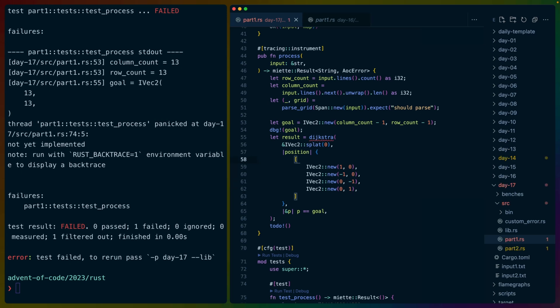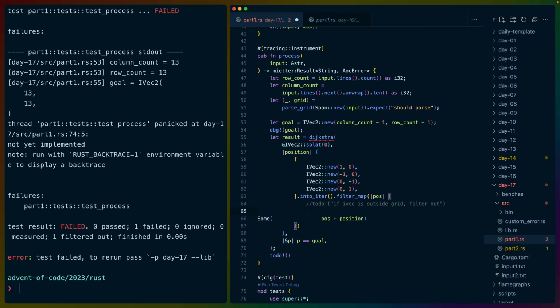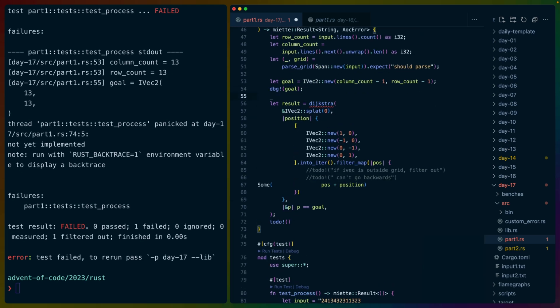So we need each of these positions. If we iterate over these and map, we get a position. We do position plus position. I guess we could do an early filter map here if this doesn't exist, right? So we get this new ivec and we do, if ivec is outside grid, filter out because we can't go in that direction. And then we also need to do can't go backwards, which means we need to be keeping